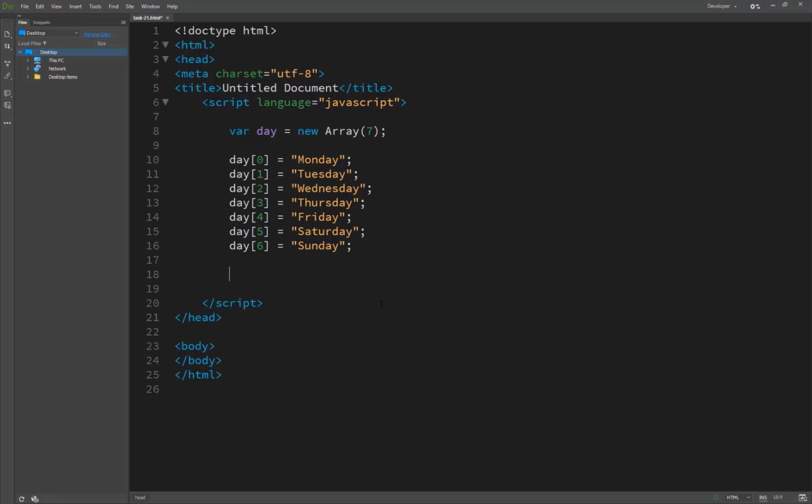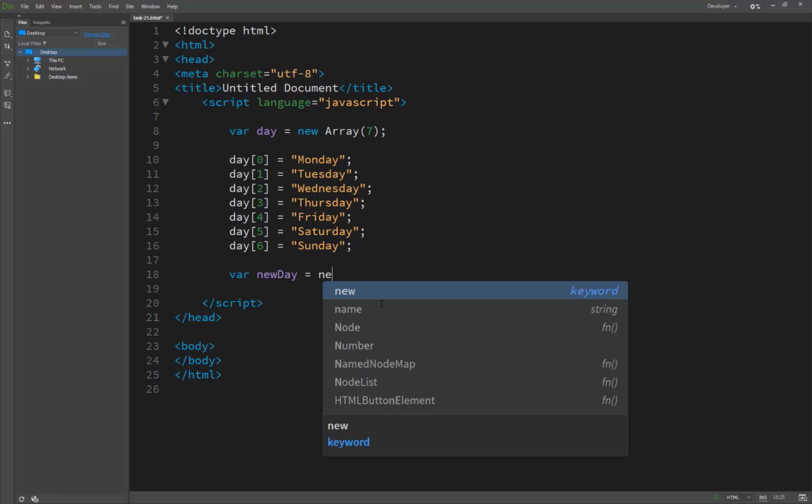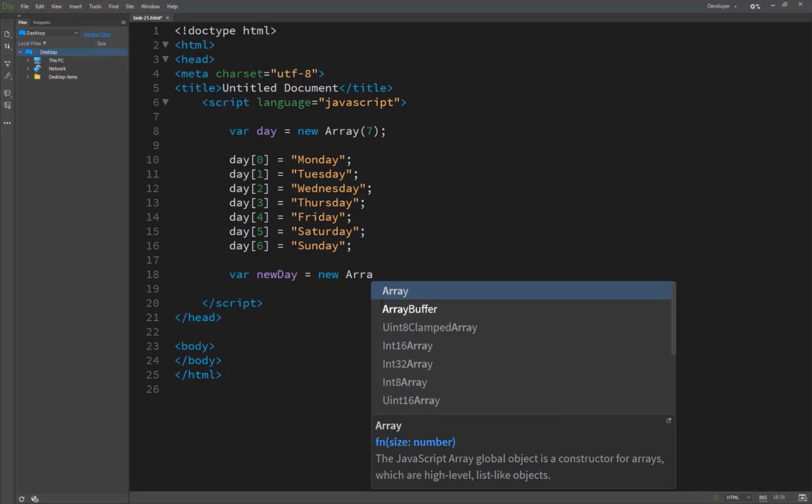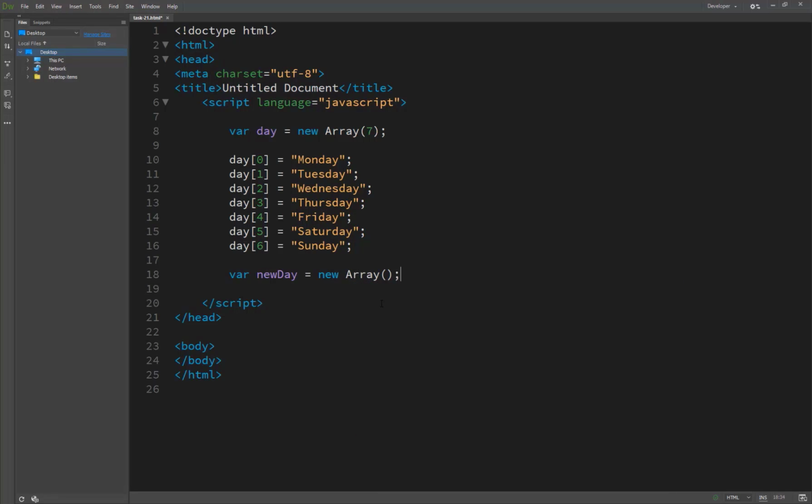And the second method is here. So we are creating a new day, another array, and call the same thing, new Array. But now we are not passing here any number of indexes, like 7, 8 or 10.